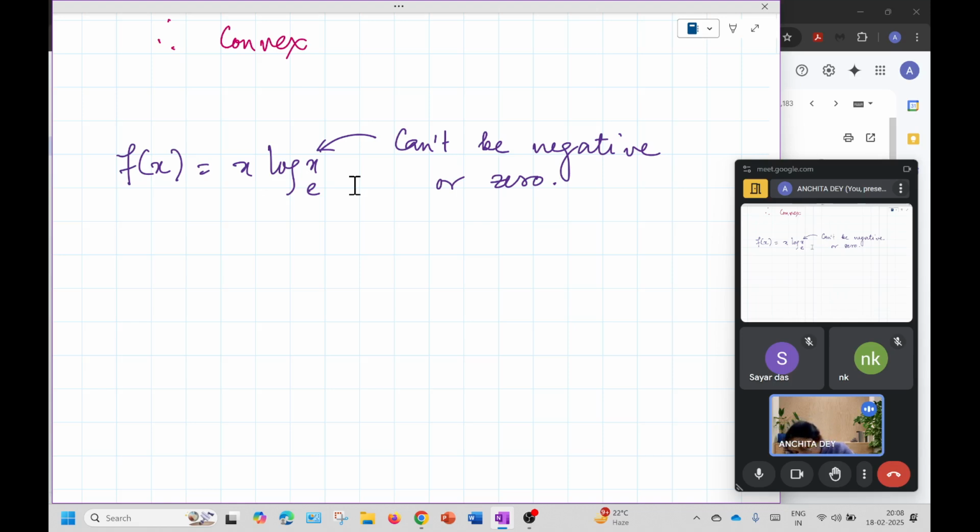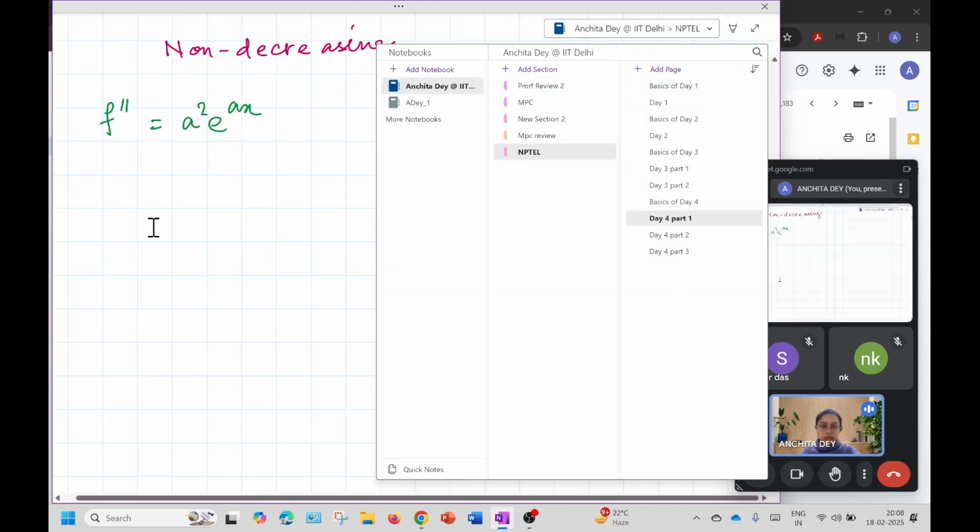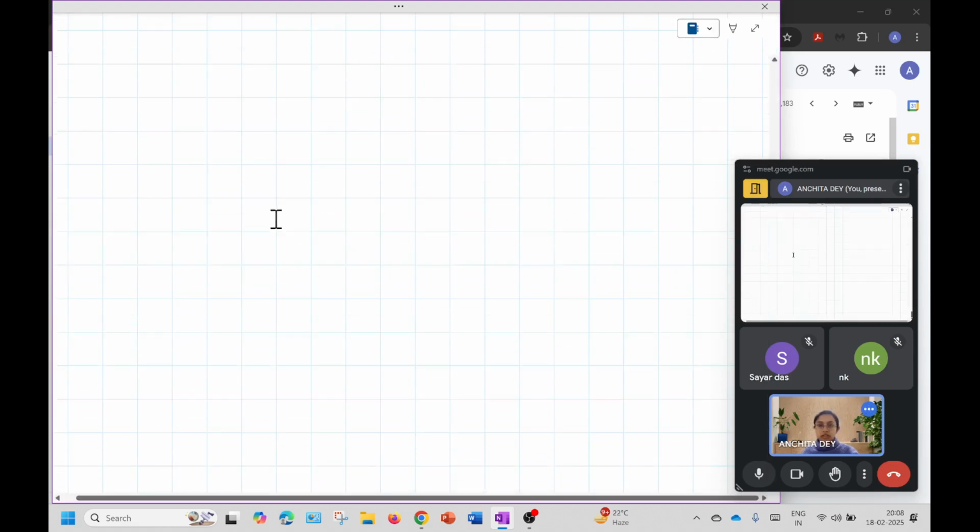So check on your own. This is a part left to you because it's quite straightforward, and you will end up getting whether it's a convex or concave. Let me see if that page appeared by now. Yeah, it came too late. Anyways,